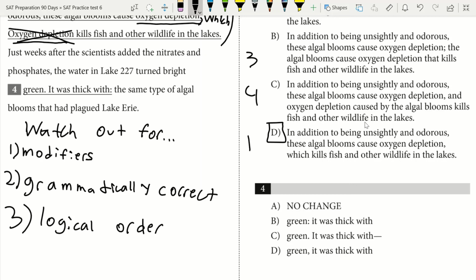If it's a causal relationship, you want to say what caused the next thing, right? So the cause first, effect second. So you want to make sure you're progressing in the logical order. So those are really the three big things that you need to watch out for when doing these combining sentences